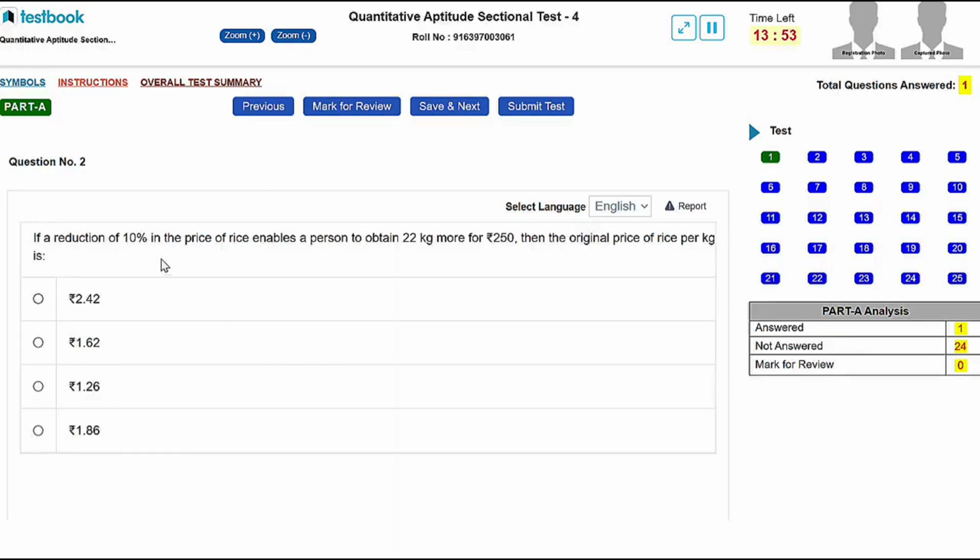If a reduction of 10% in the price of rice enables a person to obtain 22 kg more for rupees 250, then the original price of rice per kg is